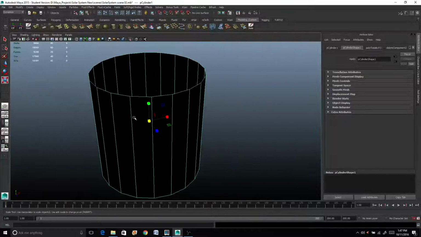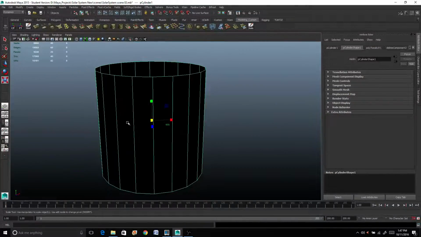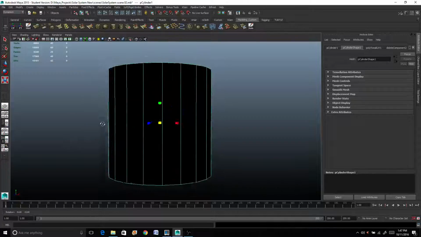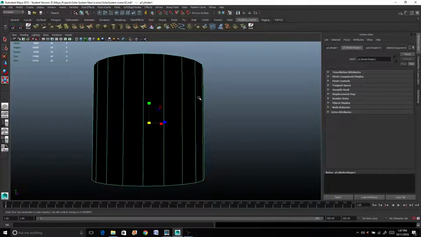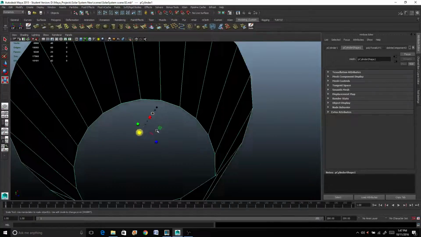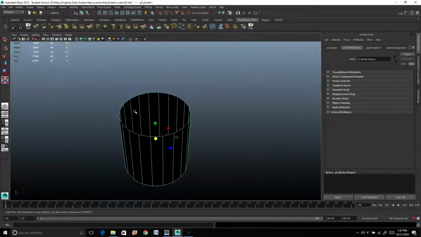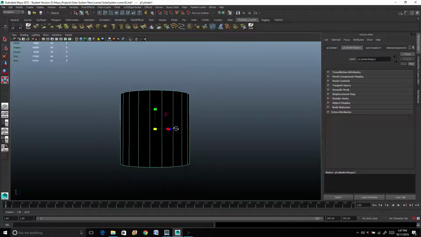Now I need to make it to where the UVs, because right now the UVs are facing out. That's the way UVs usually work. You have your face here and your UVs usually point away from it. That's the reason why if you look on the inside here it's just black. So we need to flip the UVs onto the insides, and